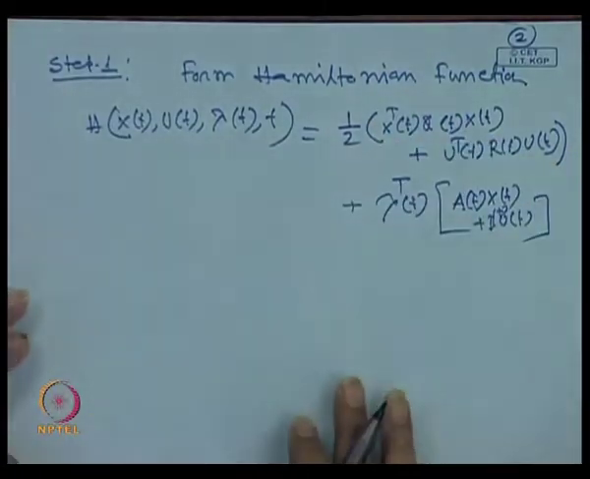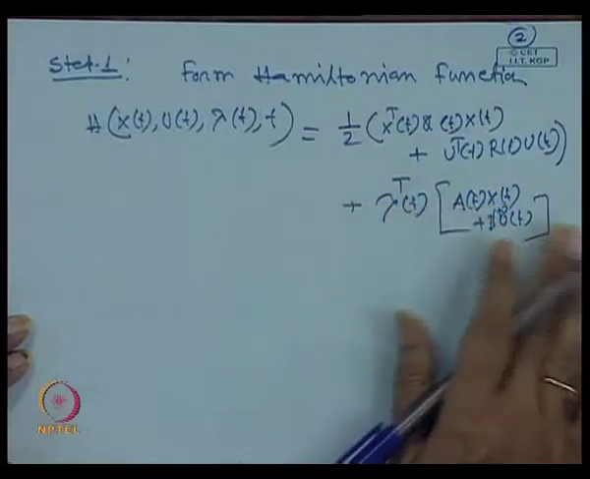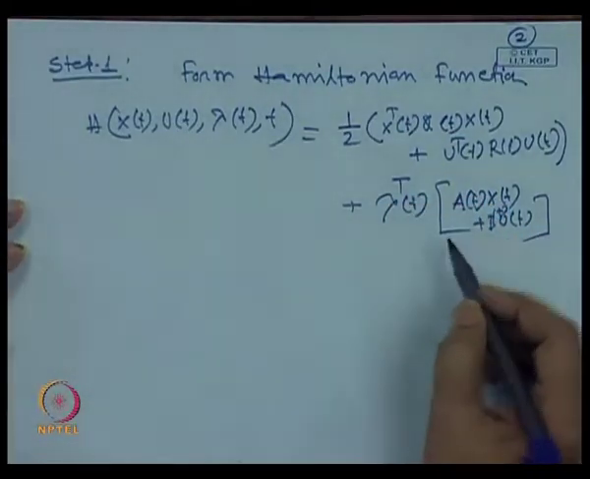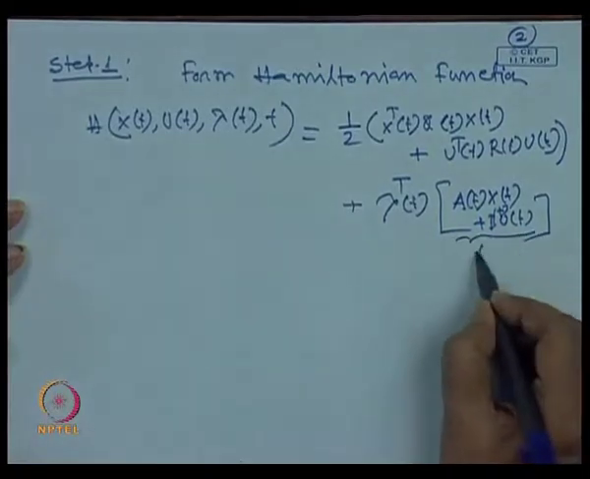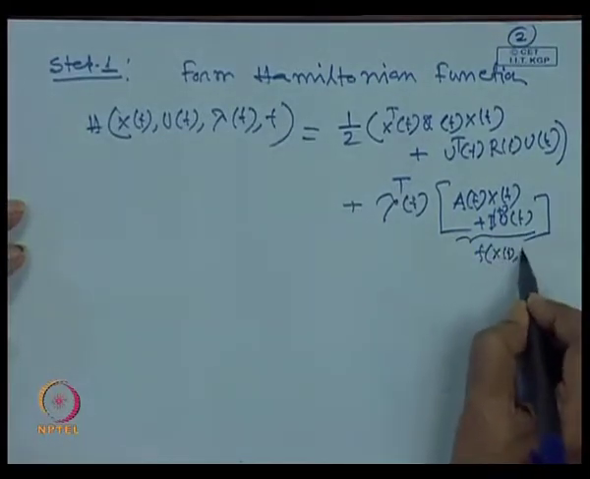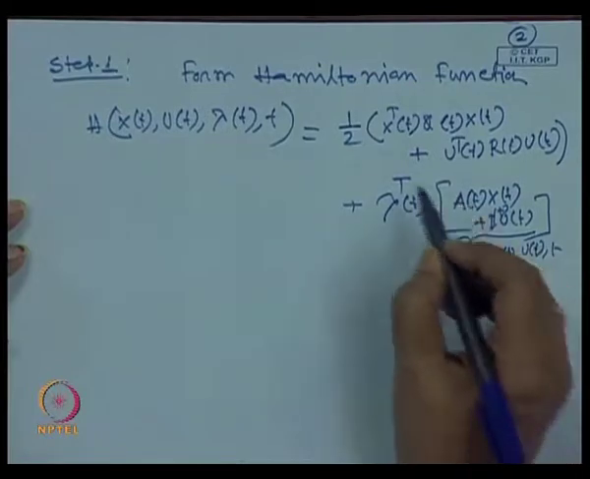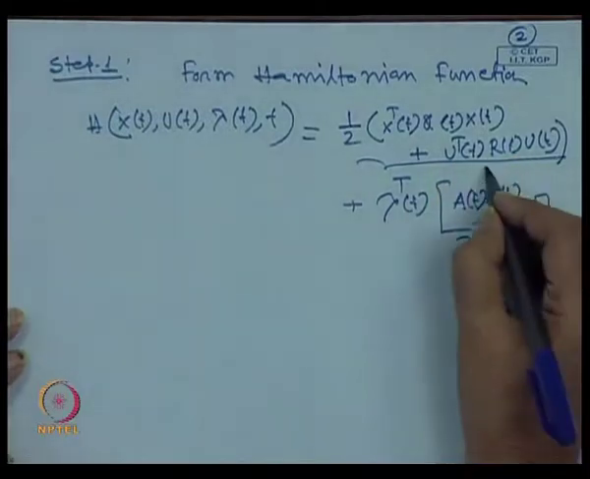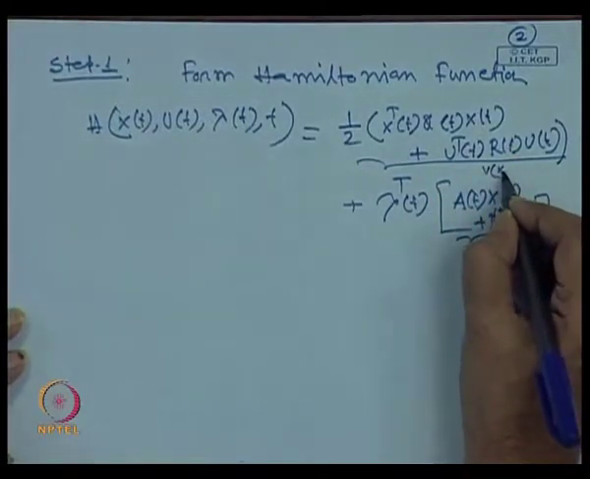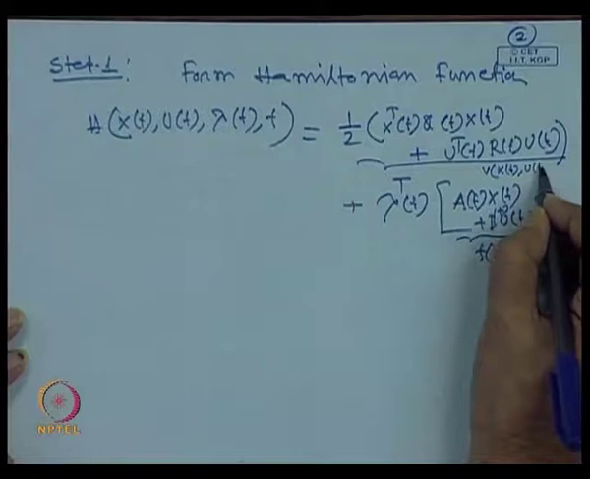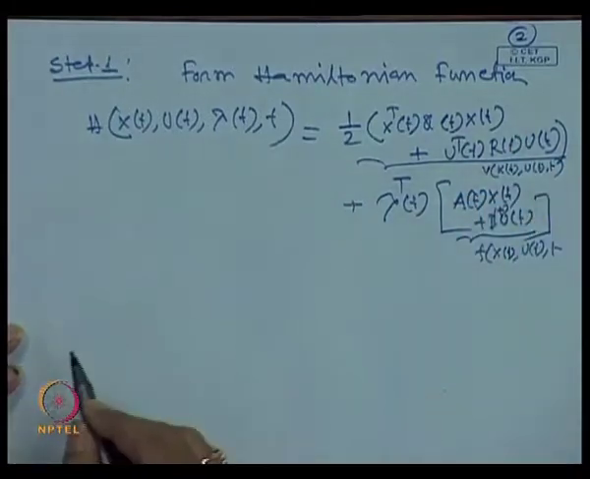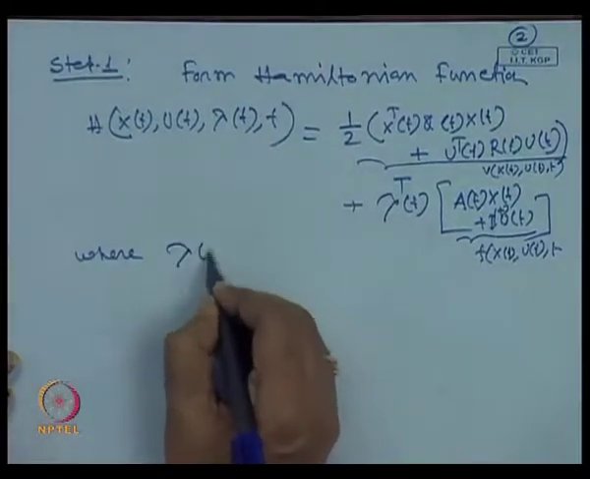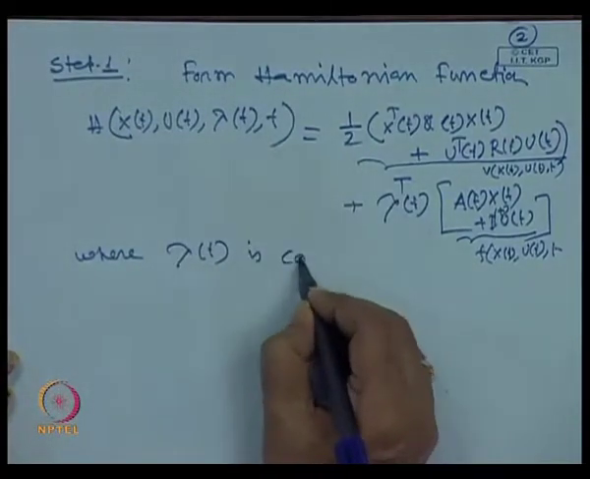This is our Hamiltonian function, which is free from x dot, that we have discussed earlier. Or if you see more carefully, it is nothing but our f of x(t), u(t), and this whole thing is v of x(t), u(t) and t. Okay. So, where lambda(t) is a co-state vector,